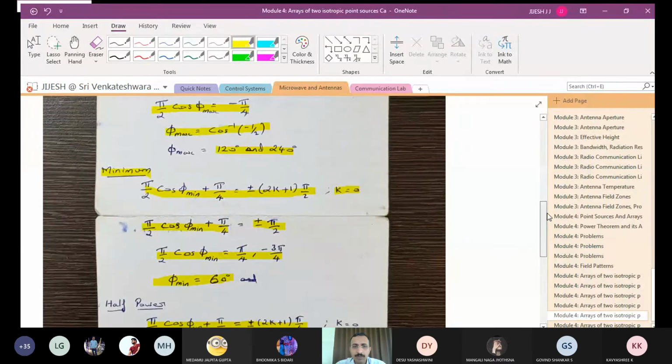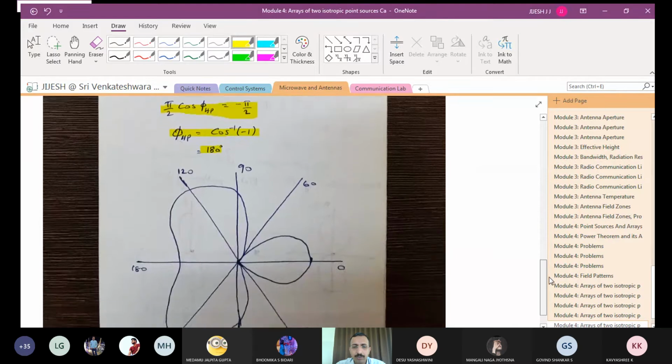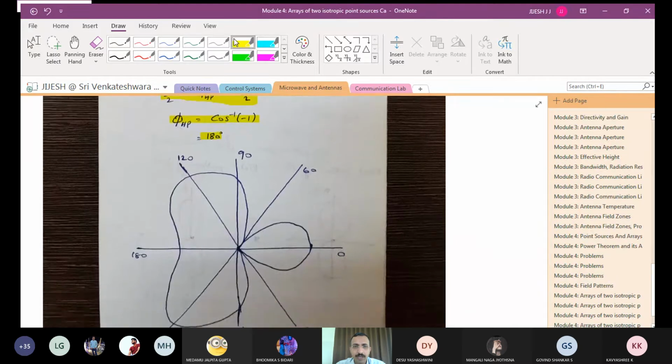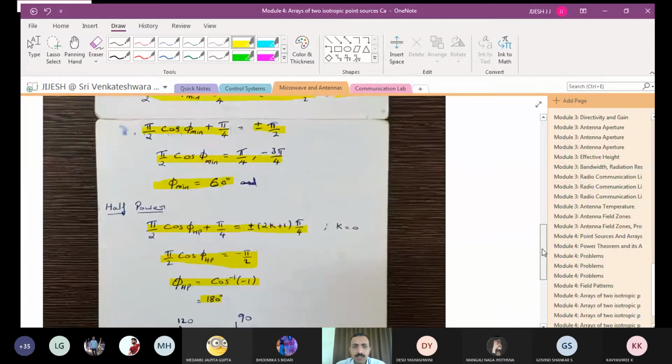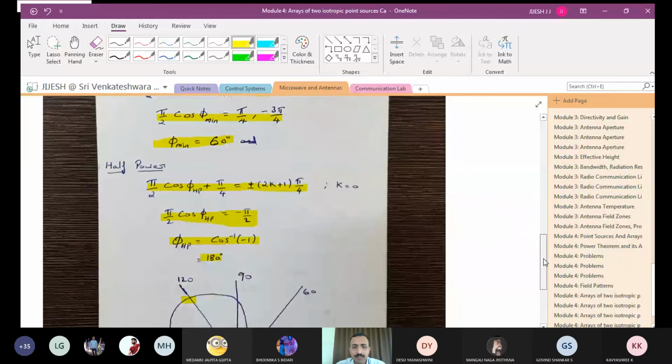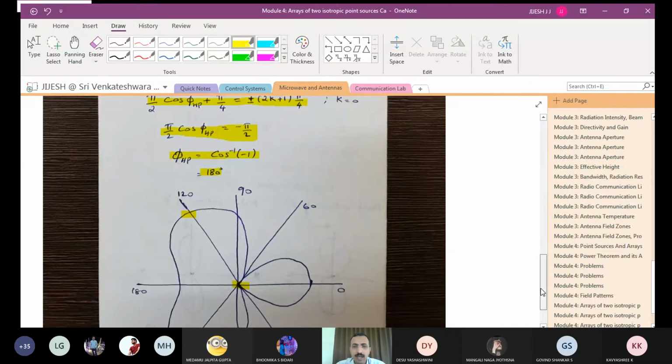Now let us see that. So let me go back to the maximum value. It is 120 and 240 degree. So let me take 120 and 240 and put the maximum value. I have to put the maximum value here. This is 120 and here it is 240. So I have put both the maximum values here. Next is minimum. Minimum is 60. So minimum is coming at this point. Here you can see the minimum value at 60, and then you have one more, that is half power.